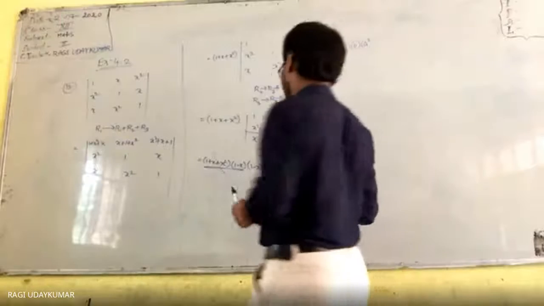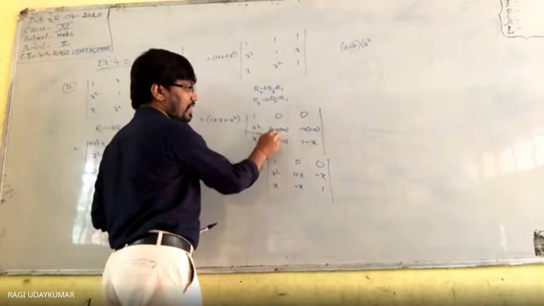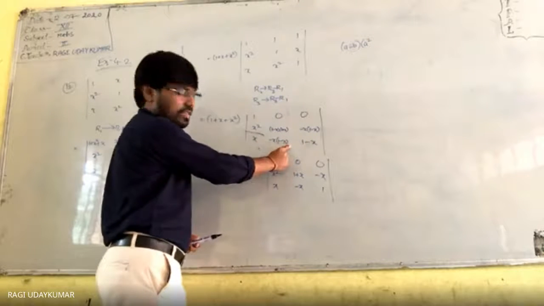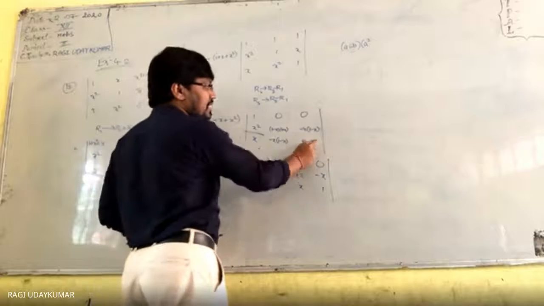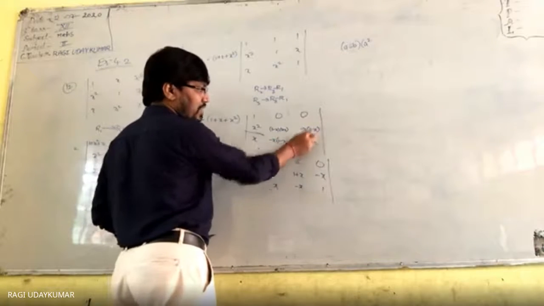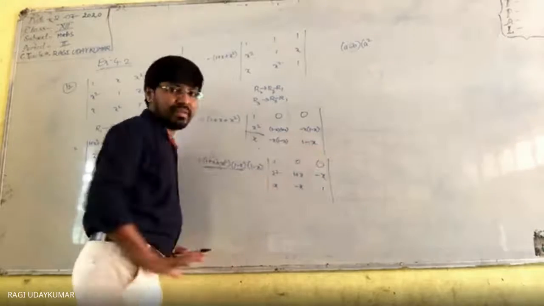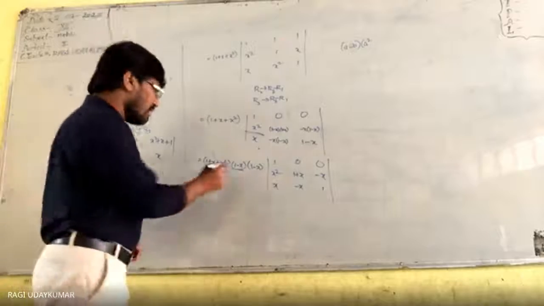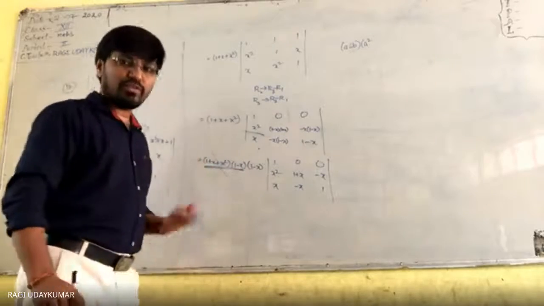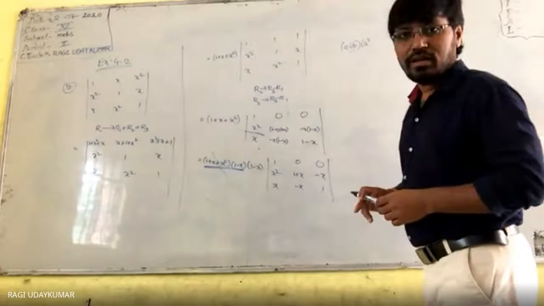This one. See here, from this I have taken 1 minus x common. Here 1 minus x, here 1 minus x is there. From this also 1 minus x is taken common. So here 1 plus x will remain, here minus x will remain, here minus x will remain, here 1 minus x taken common means 1 will remain. Now I am asking what is this product we get. Before that, I will give one hint to you. What is it?